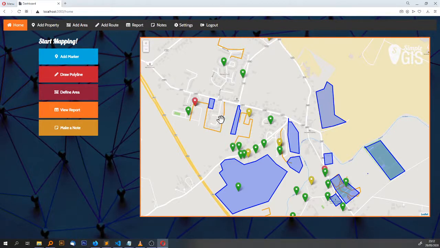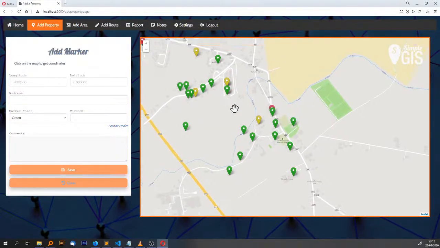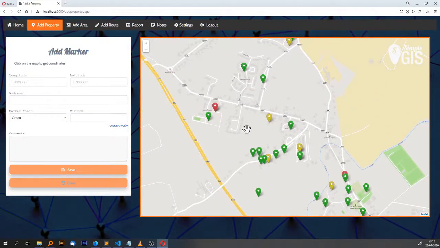No one at home in the first three houses. He's looking at the fourth house. Great, he can add a marker. He wants this feeling of doing something straight away. So this brings up your add a marker screen. You can click exactly there, and as you can see, it adds the longitude and latitude coordinates onto the form,